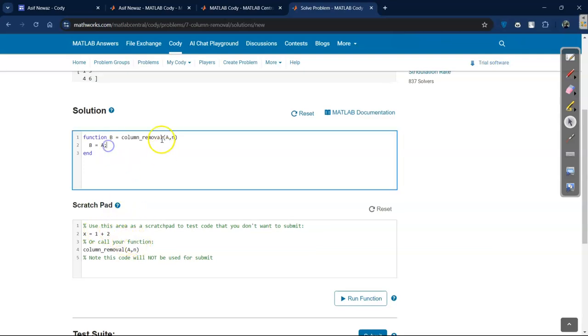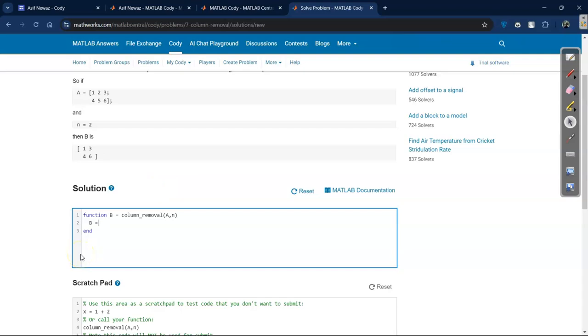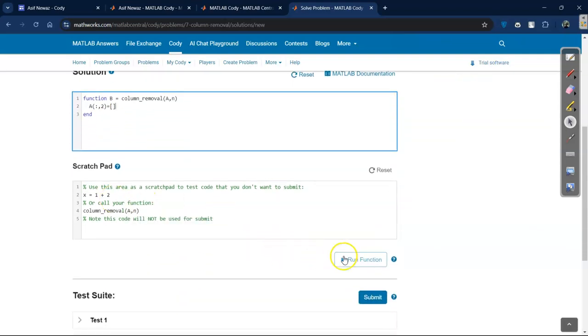Now let's say I have to remove the second column, right? So I can just say A of all the rows of the second column, I have to remove. So I can just say A of all the rows, second column equals empty. Now if I run this one, this is not going to work,